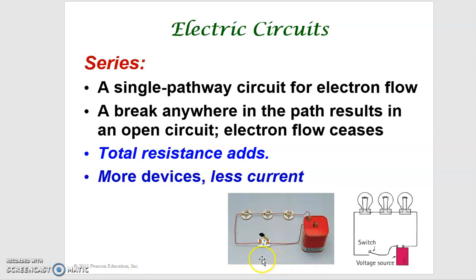As soon as you create a gap at some point in the circuit, there is no way the current can flow. Electron flow ceases. So in an open series circuit, if you have a gap, there's no way the current can flow. But after the switch is closed, the current can flow, and the most important thing is that